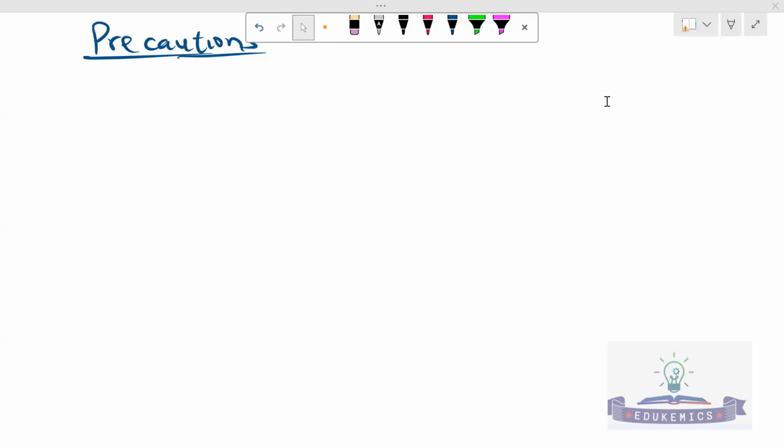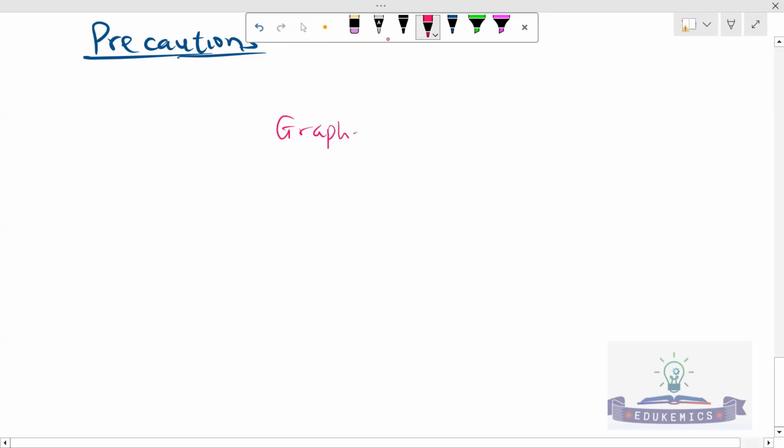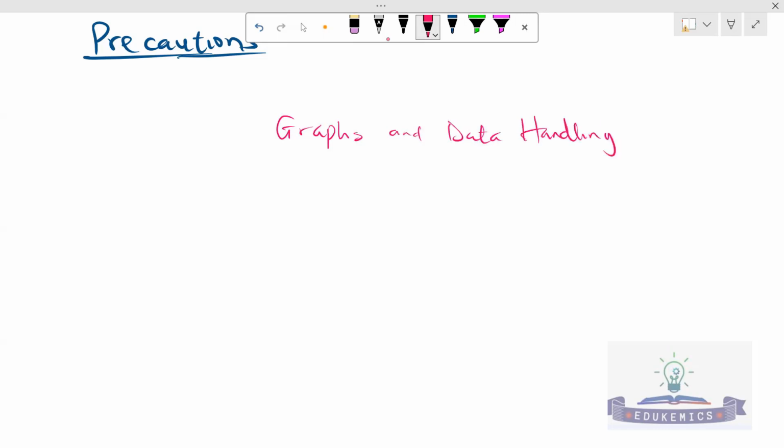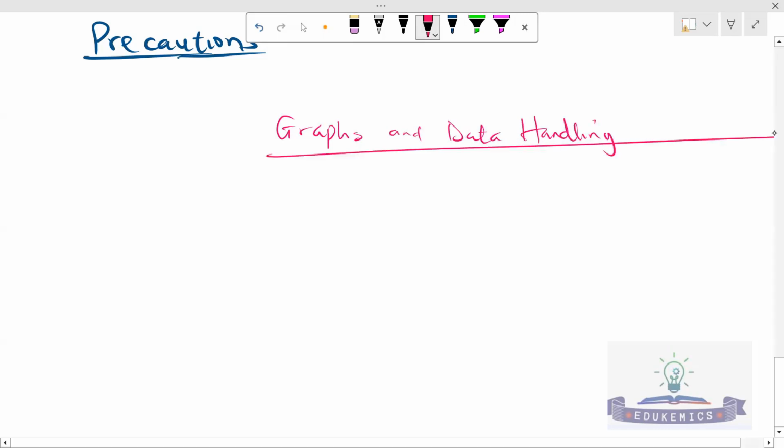Now we'll look at graphs very well. We'll go deeper into graphs, and now we can handle the data. Graphs and data handling. This is very important. In your physics experiment or practical physics, it is never enough to rely upon a single measurement or calculating a particular quantity. A more accurate result is always obtained by taking many measurements and then plotting a suitable